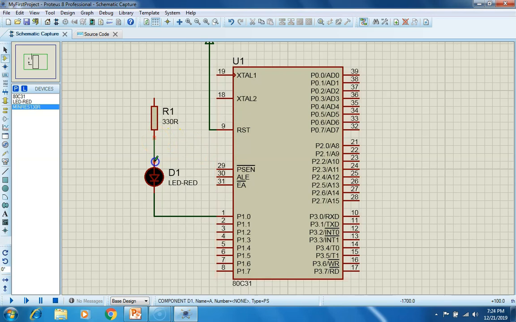Connect this resistor to the LED. Click on terminals mode. Select power. So this will act like a supply. Connect it to the resistor. Save this file.